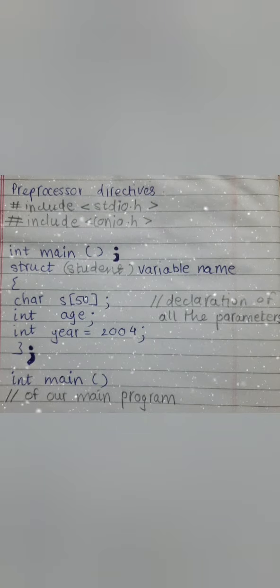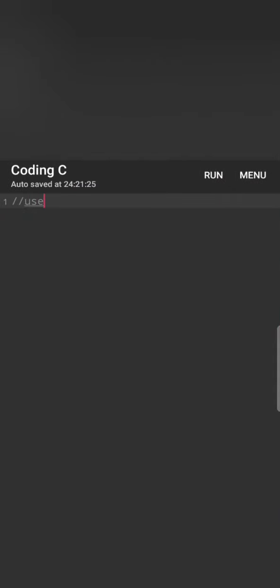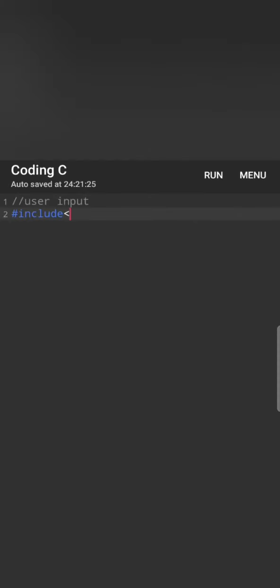After all our parameters are declared, we will write int main(). This main function is actually used for our program. Now we will be starting with our actual code, which is how to declare structures and accept the user input from them by keyboard. For that, first we need to see how to declare user-defined structures. In this image, I have shown a brief info about the same. Now we can start our coding part. We will start with #include <stdio.h>, then we will write #include <conio.h>, then we will write int main, and then we will make use of parenthesis. After that, we will give a semicolon sign over there.